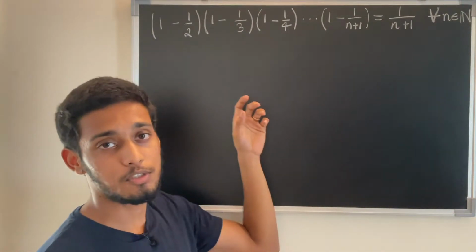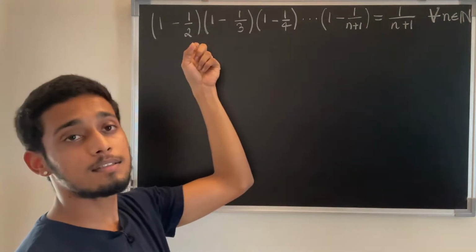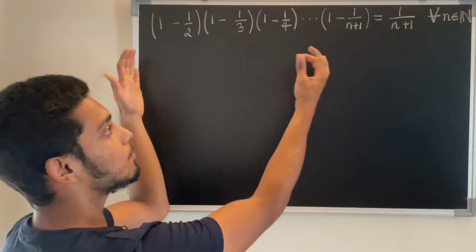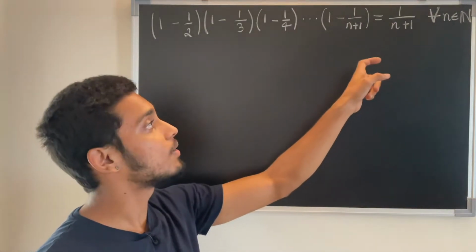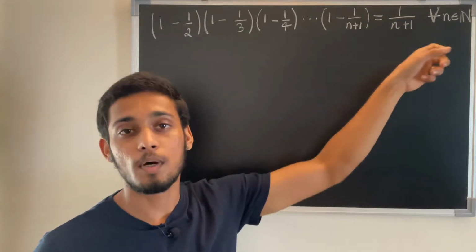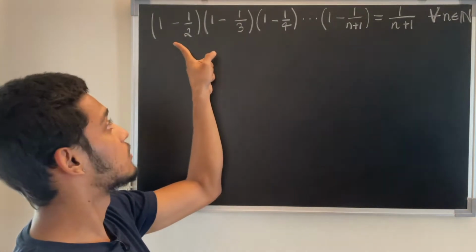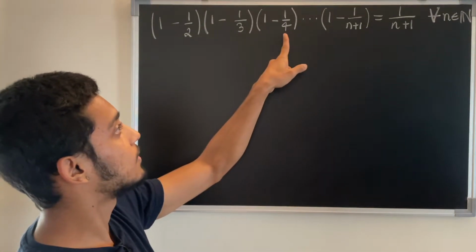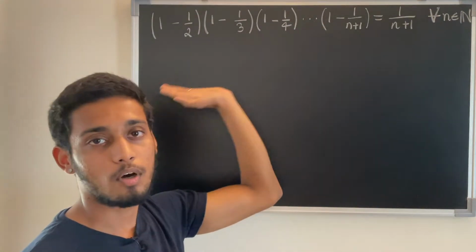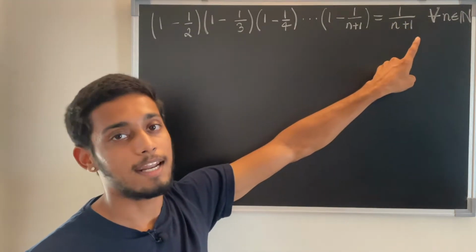So what we have here, as you can see on the left hand side, is an expression: 1 minus 1 by 2 multiplied with 1 minus 1 by 3. So basically in this pattern we are taking a product and we are proving that this equals 1 over n plus 1 when we are taking n terms. So this is the first term, 1 plus 1, 1 plus 2, 1 plus 3, finally 1 plus n. So we have totally n terms on the left hand side. On the right hand side we are proving that this is equal to 1 over n plus 1.